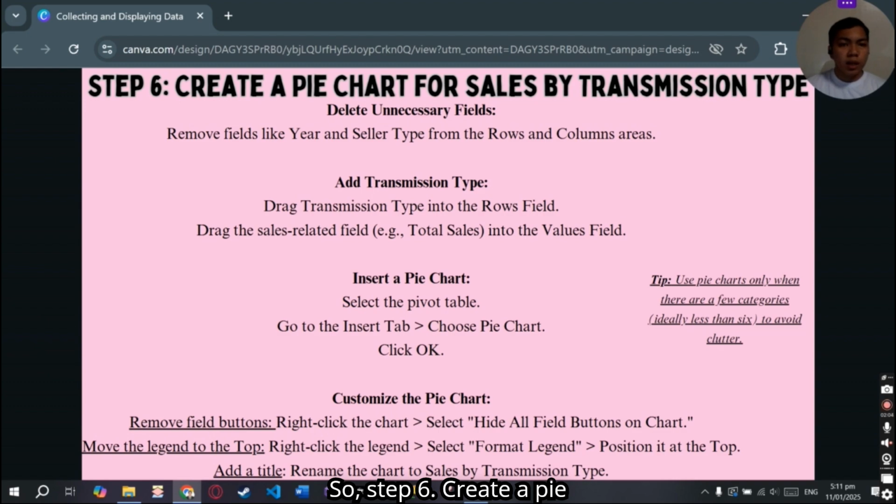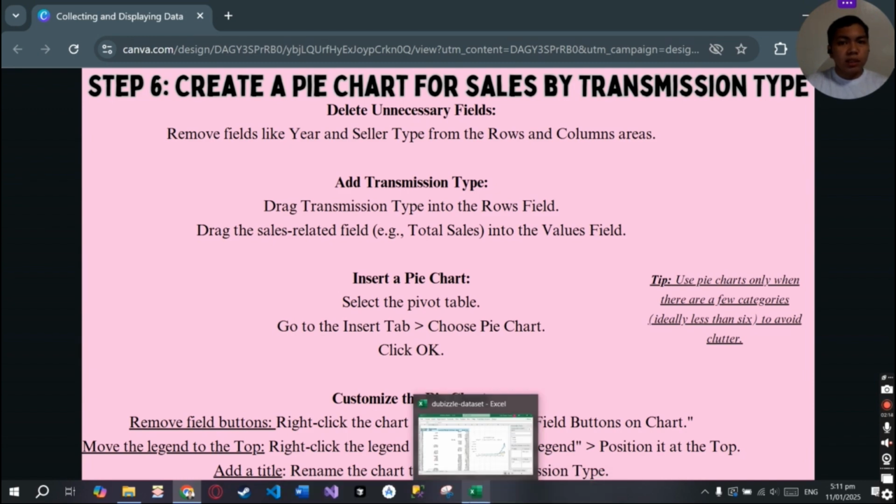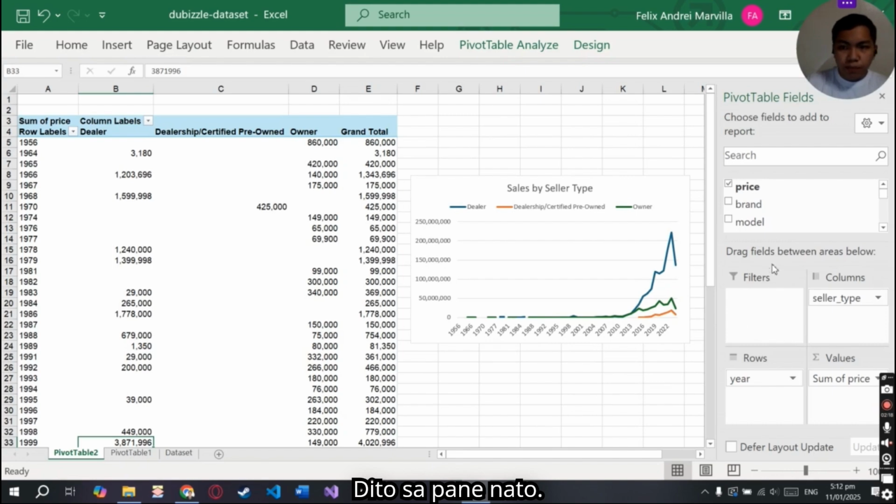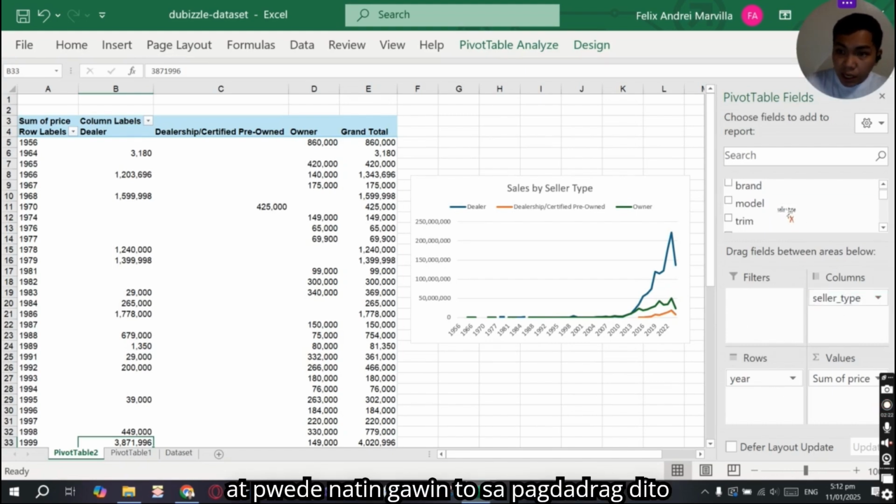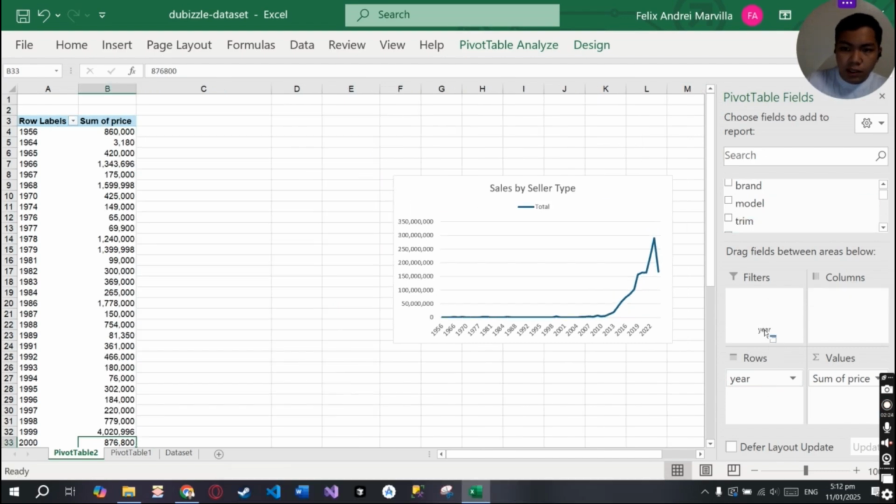So, step 6. Create a pie chart for sales by transmission type. Ngayon, buburahin muna natin yung unnecessary fields dito sa pane na to. At pwede natin gawin to sa pagdadrag dito.